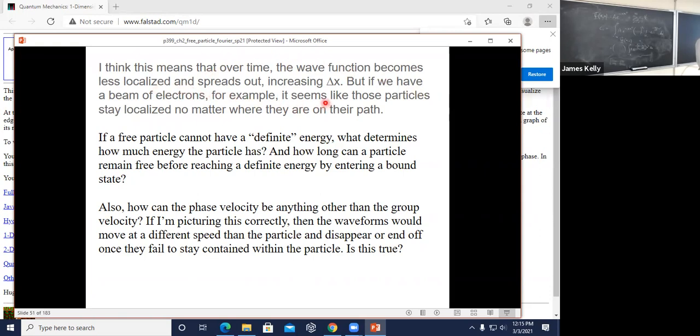This means that over time, the wave function becomes less localized and spread out. We just saw that with the Gaussian traveling wave, increasing delta x. But if we have a beam of electrons, for example, it seems like those particles stay localized no matter where they are on their path. It's always hard to tell what exactly people are thinking of when they're saying this, but